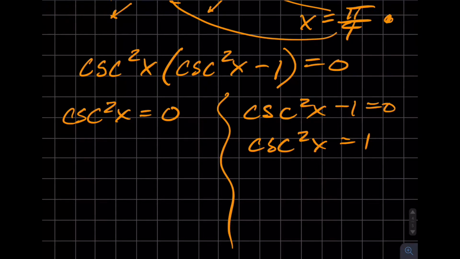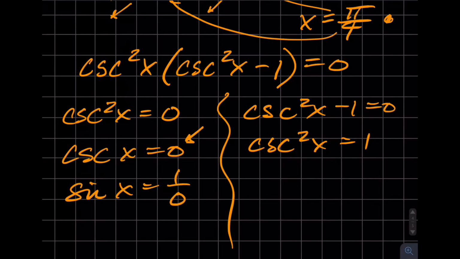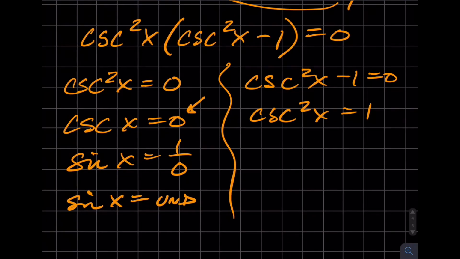And so now I'm going to think about this as not cosecant, but sine. And actually, I'm going to take the square root of both sides first. I guess you don't have to take the square root, but I'm going to. So the cosecant squared, I'm going to take the square root of both sides. Of course, the square root of 0 is 0. And then I'm going to convert this to sine, which means I'm going to think of this as its reciprocal, so it's 1 over 0. So I'm asking, sine x is equal to undefined. Is there an angle for which I take the sine of it, and it ends up being undefined? Nope, there is not, so no solution